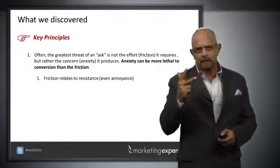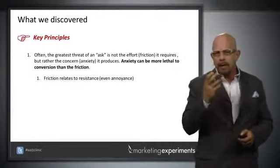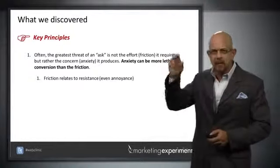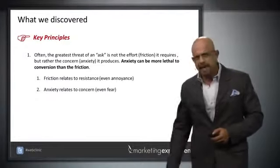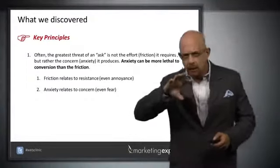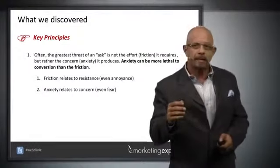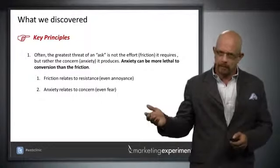The two pieces of total cost, mental cost, that we need to think about are embedded across these principles. The first is friction, and it relates to resistance, psychological resistance, even annoyance in the process. The second is anxiety, and anxiety relates to concern, even fear. Now you might say, well, isn't that just a form of resistance? It makes sense, except that in our